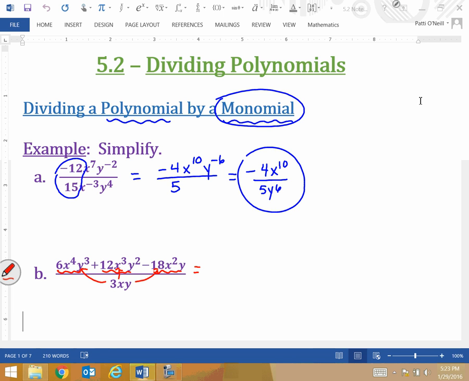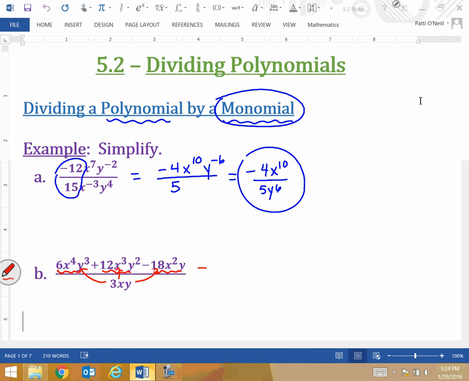So the way that we look at this is 6x to the 4th y cubed gets divided by 3xy plus 12x cubed y squared gets divided by 3xy minus 18x squared y gets divided by 3xy. So you can see that that monomial in the denominator will divide into each term in the polynomial that makes up the numerator. So you don't have to write this out and split it up like this all the time. I tend to do this all in my head, and at your level I kind of expect that to happen